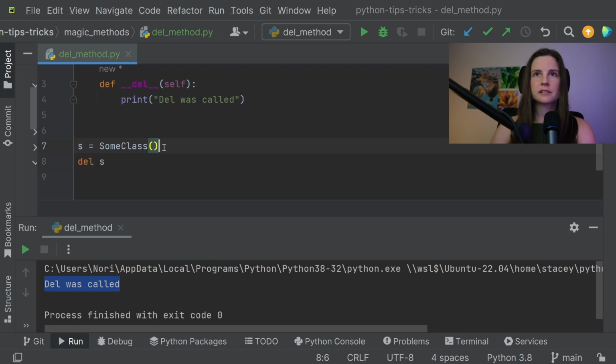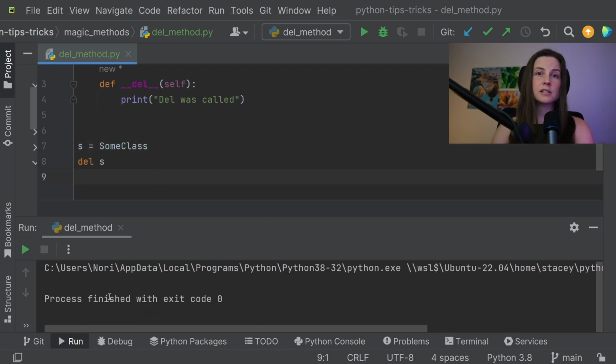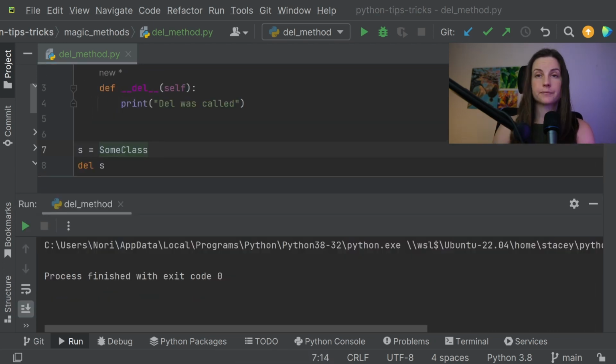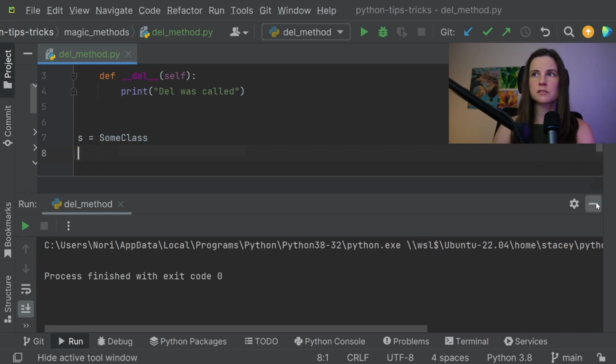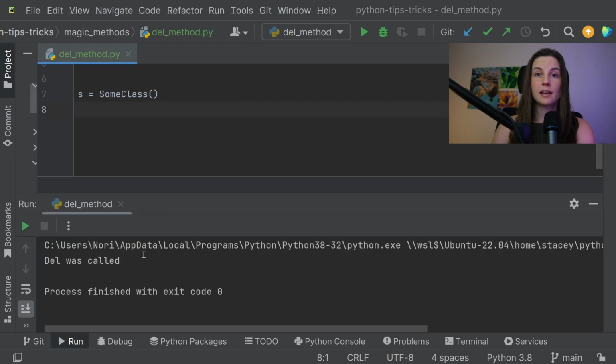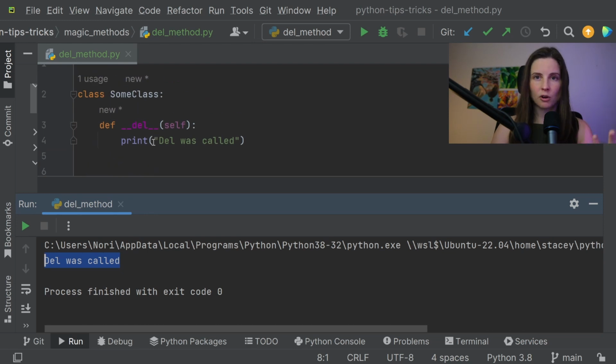If we don't create an instance, we just do it like this and run it, as you can see, nothing will happen. So it actually is something like __init__, but vice versa. Now let's try not doing the del here. Just run the instance creation, just like that, and see what happens. And as you can see, it is still being called because when the script ends, the garbage collector starts and it also removes all the objects. So this is what is actually happening here in this case,